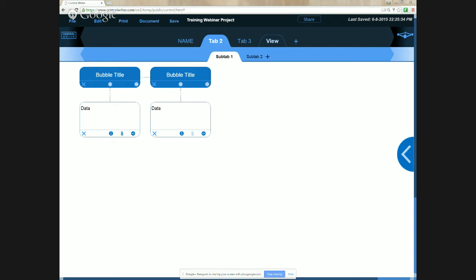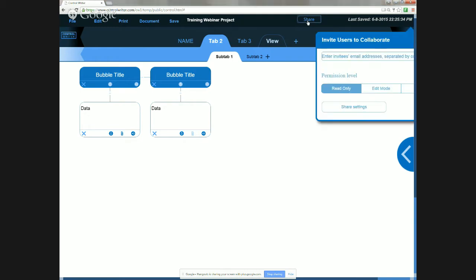Okay, so let me move on to the next section, and that is probably one of the most exciting parts of this software, which is the collaboration. And collaboration hinges on this button right here that says share. So let's just say this training webinar project, I wanted to share it with somebody. I can go ahead and press share here, and I would enter the email address of the person I want to share, which is that other account that was empty,